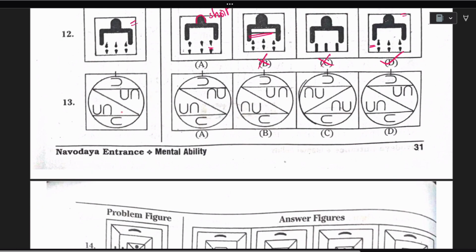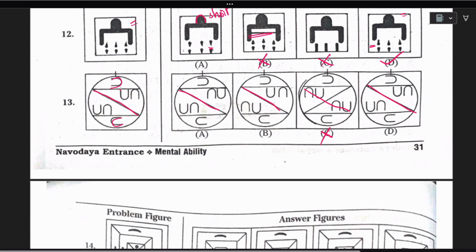And here we have to check one by one very neatly. Okay, and in the top one, this U is towards the left side. Is everything left? Yes. And the downward one is towards the right side. Is everything right? Yes. So we didn't eliminate anything, so let's go into the inside. Actually this line is starting from the left and coming to the right corner, so this is the same, and here also it is the same, but here this is not happening, so we will be eliminating C. And here also it is good, fine.